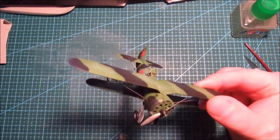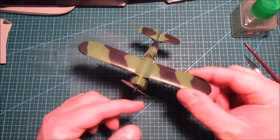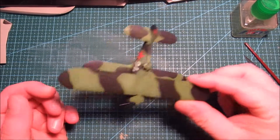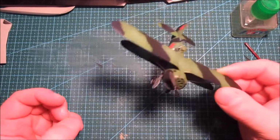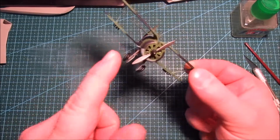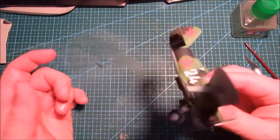I got a single matte coat on there after the wash, of course, which didn't do much, since it doesn't really have that many panel lines to fill up. I put the prop on, it spins quite good. And I got all the wheels on,